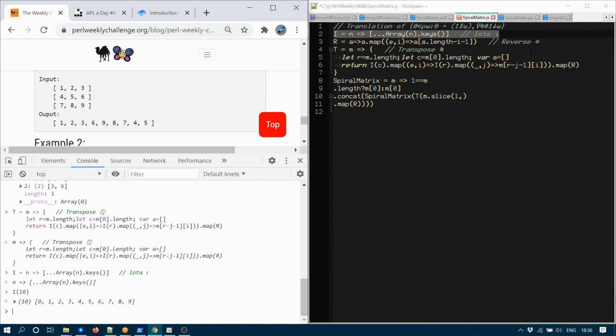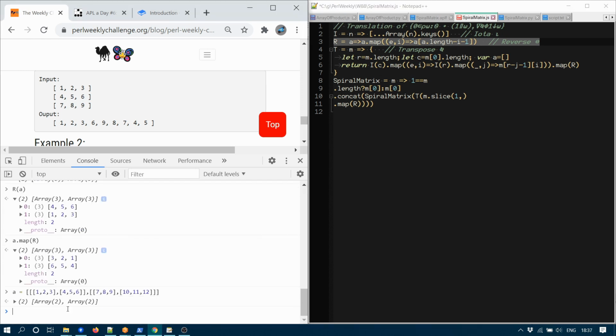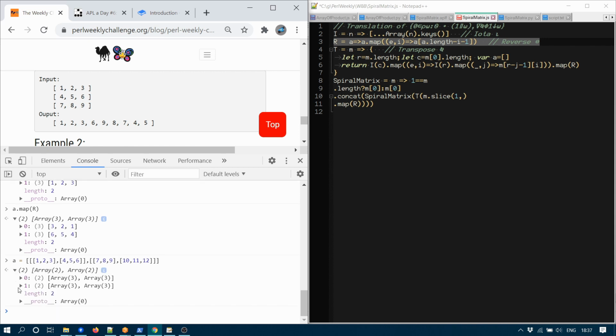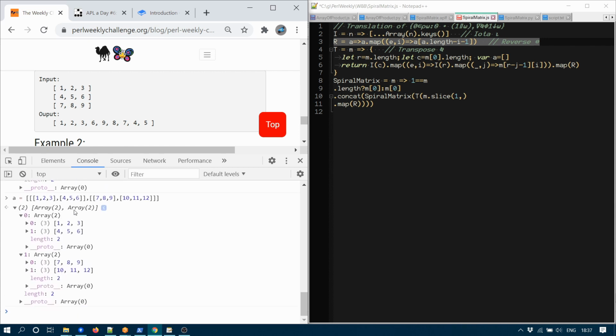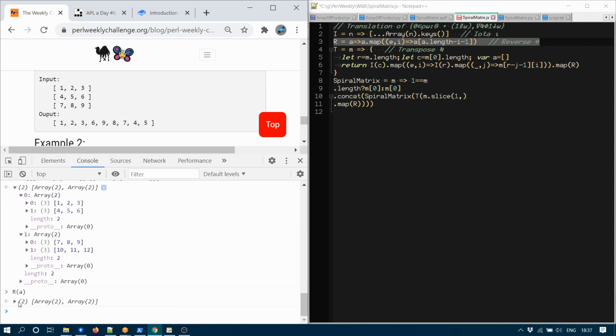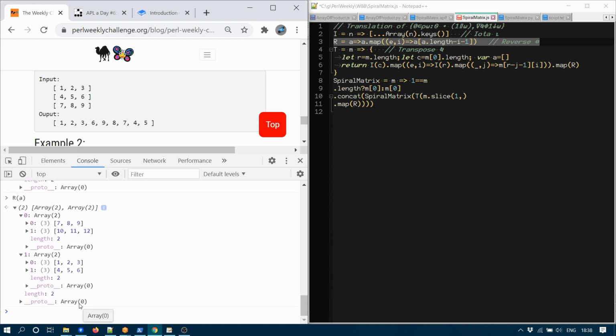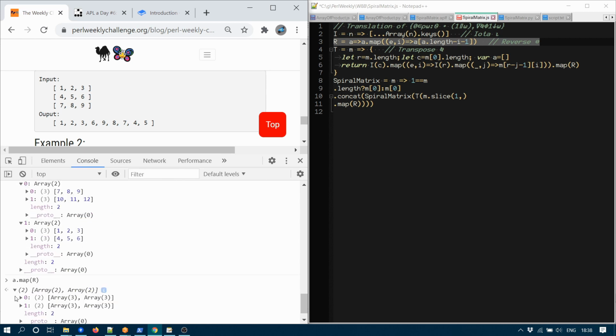I also made a function which reverses the elements of an array, and I'm pretty happy with how this one turned out. If I have what I might call a three-dimensional array, so this is two planes, two matrices, each matrix has 2 rows and 3 columns, then we get a sort of similar thing, right? So reversing A will reverse the order of the 2 matrices in the overall array, and if I do a.map R, then this reverses